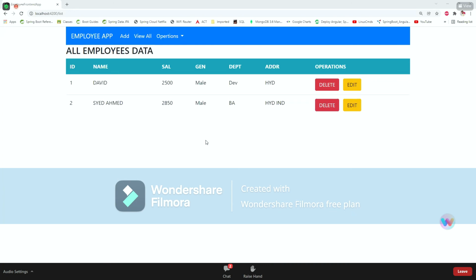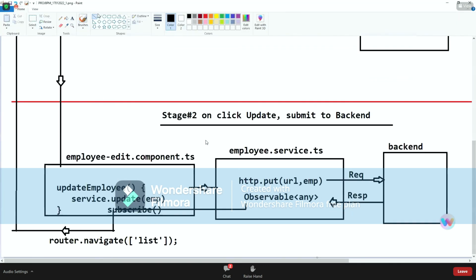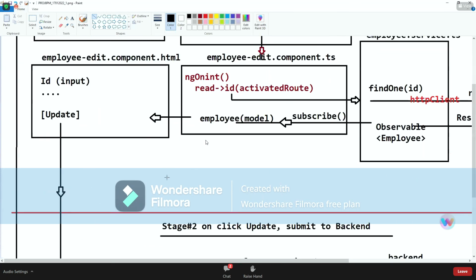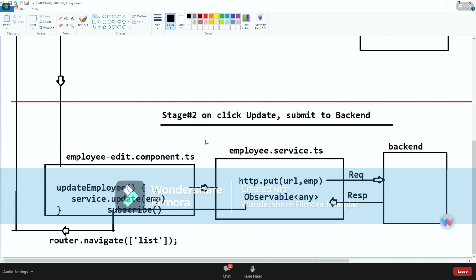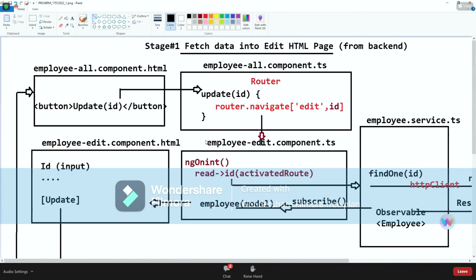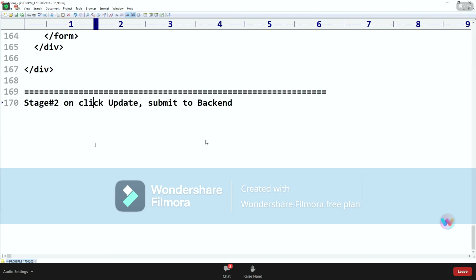You can just see here what we have done when you click on update. HTML data is updated back to the form object. This form object we are calling the service with the URL and the employee object, making a request to the backend, updating and getting the response here, again redirecting back to the all component. Okay, workflow.